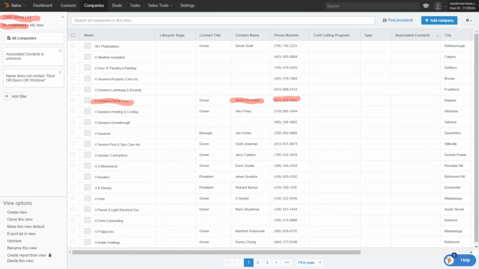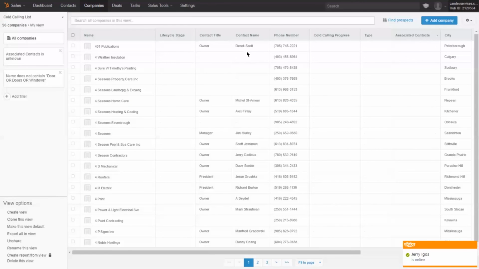Now there's multiple people that are actually making calls from this list. So the minute somebody makes a call to a contact, this list will go down and the associated contact gets filled in. In other words, you are assigned that particular lead. And that's how we are able to track who is the right person that's made the call with this particular vendor or prospect.